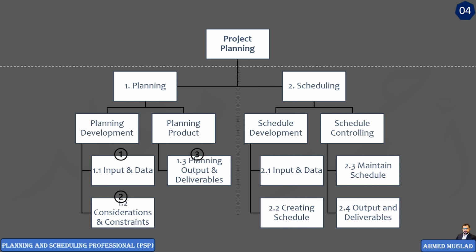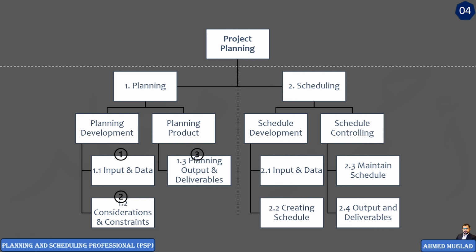Resource considerations, for example, would not be like a contract requirement, but still it should be considered in terms of productivity rates, skilled labor availability, equipment availability, and so on. Planning outputs, as we mentioned before, like scope of work, project plan, WBS, OBS, CBS, risk, all of these are outputs from the planning process.